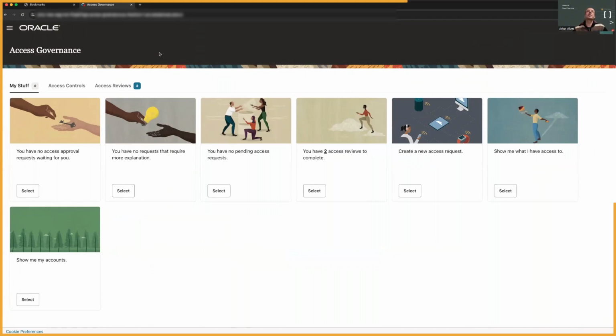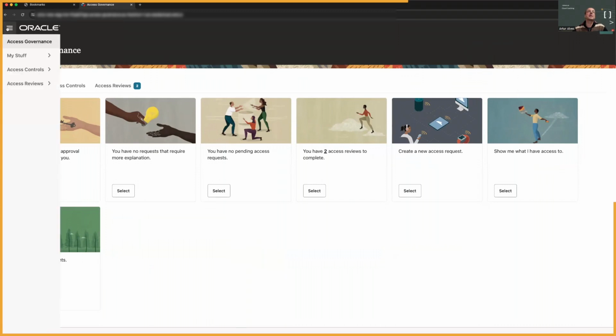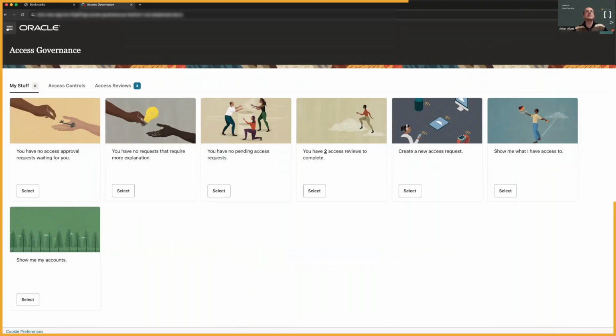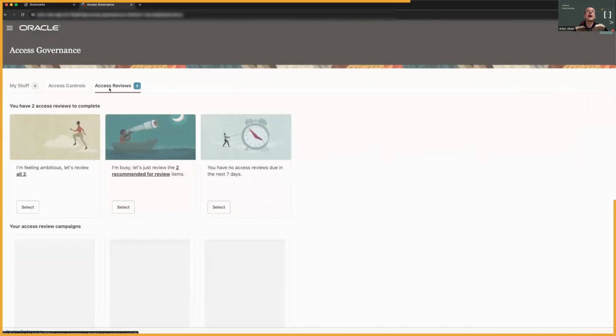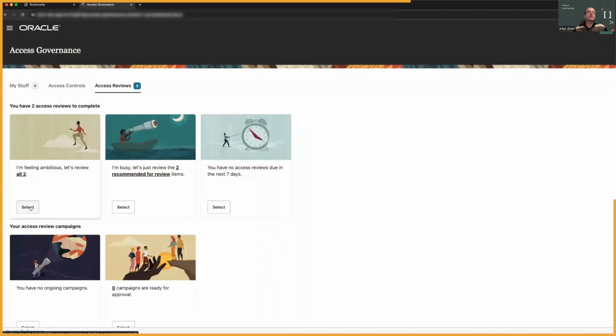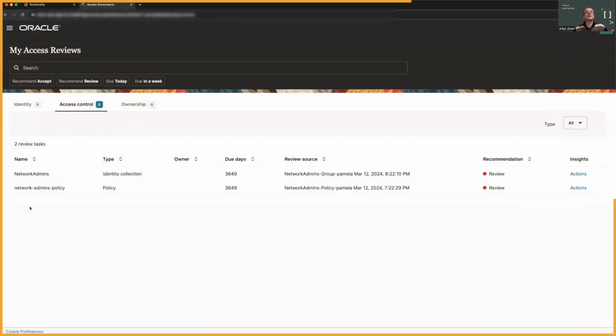He's not a super user, so he doesn't see as much as Pamela sees, but he has his dashboard with some bullets here noting that he has something to do. Access reviews, by the way. So we can check the details, and you see the two campaigns that I have predefined already that are already running.